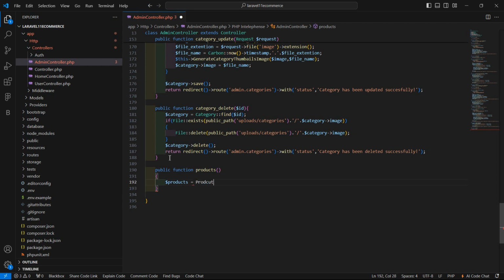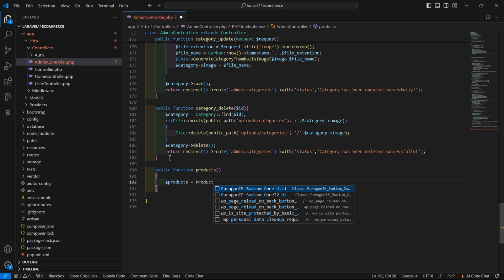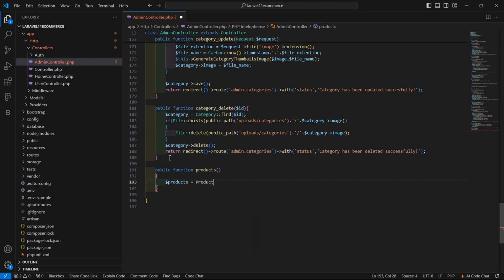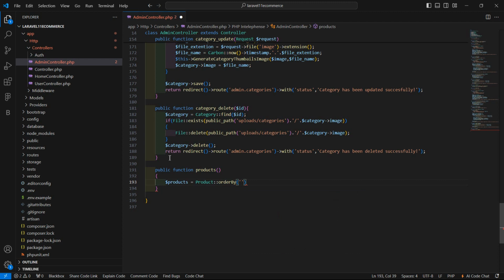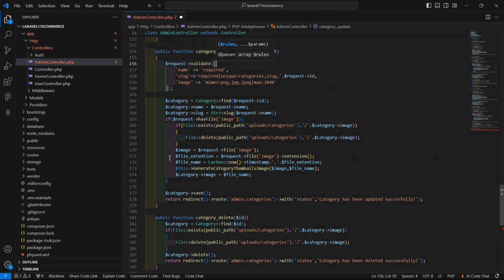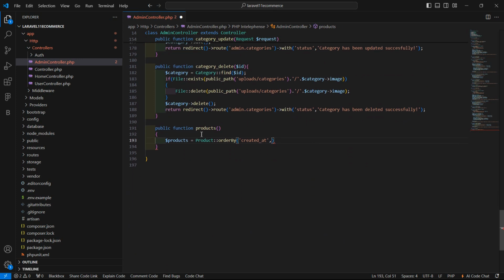So right here, Product model, Product, and then double colon orderBy, let's say add the created_at and descending order. Okay, and then just call the paginate method, paginate, and pass the default page size 10. Okay, and now just return